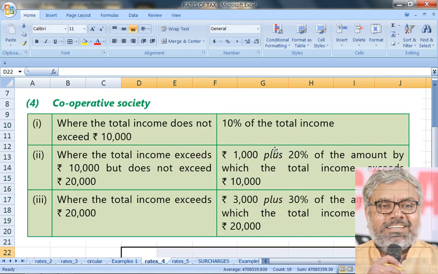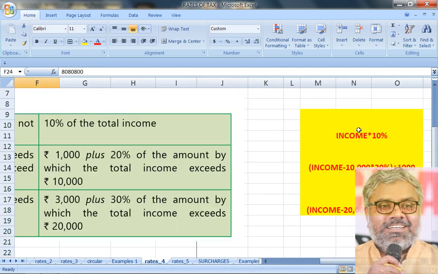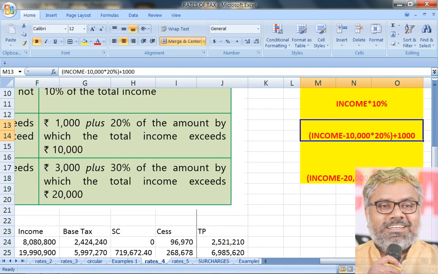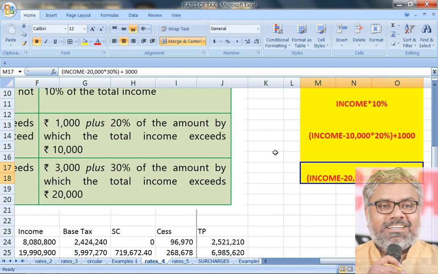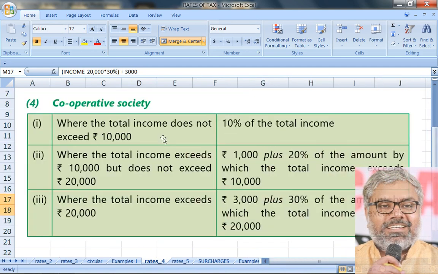However, in case of cooperative society, definitely there will be difference depending upon the income of the cooperative society. There will be slabs applicable. In the first case, whatever the income is less than 10,000 rupees, multiply that income with 10%. That is the tax payable, plus 4% cess of course is applicable. Second case, if the income is between 10,000 to 20,000, then income minus 10,000 into 20% plus 1,000. If the income is above 20,000, then income minus 20,000 into 30% plus 3,000 is the base tax in case of